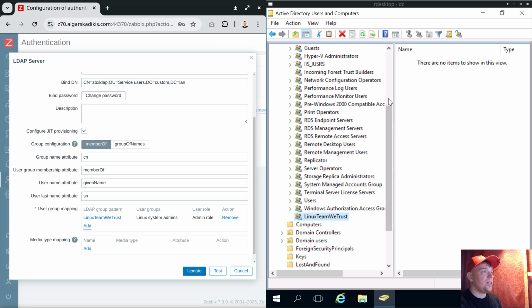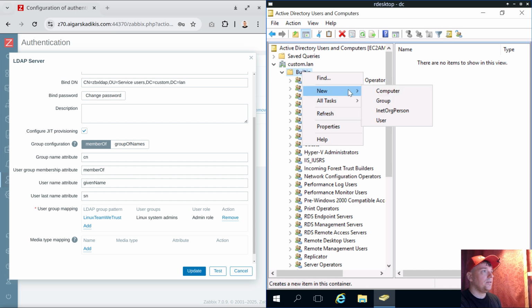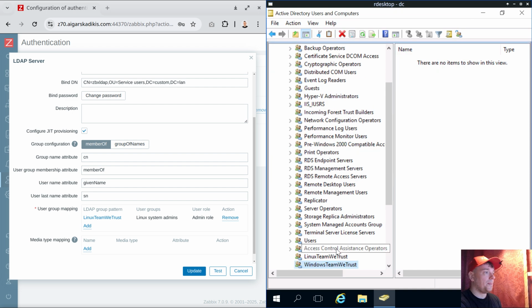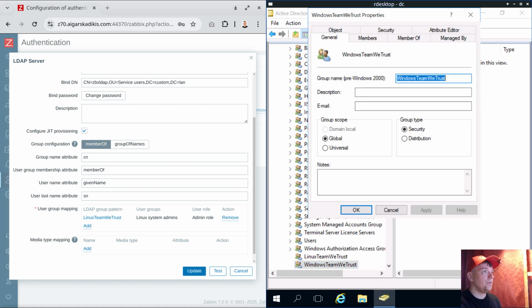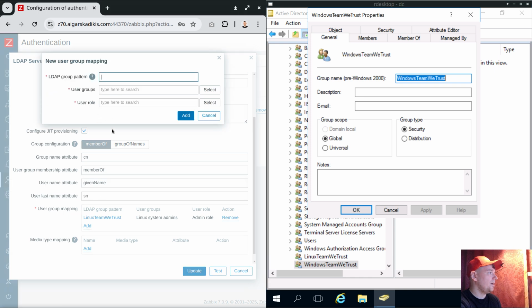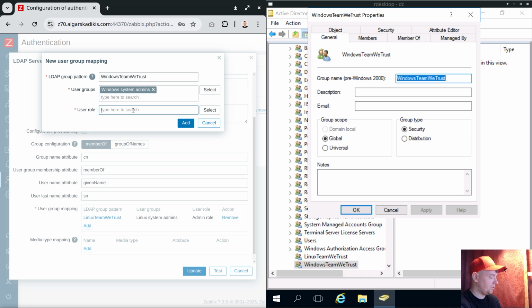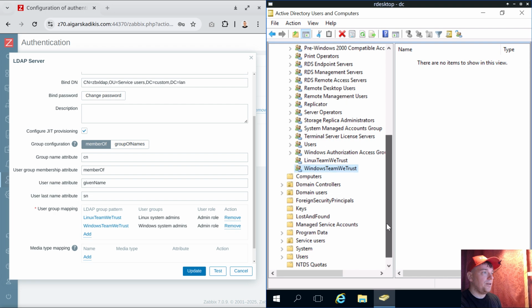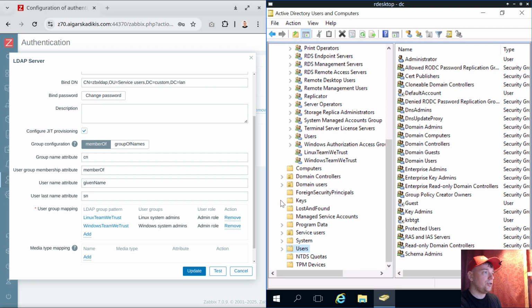and let's do the same for the Windows team. Let's create a group, Windows team we trust, add, and okay, the group is ready. Let's steal the name without any typos, copy, add, paste it over here, user groups, Windows administrators, and admin role, click add. Okay. And now the final thing would be visiting the users and choosing which users will be